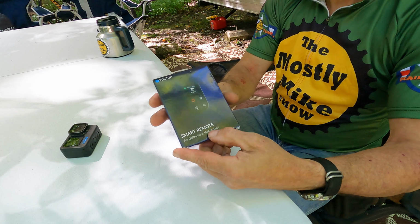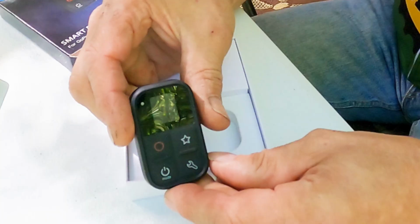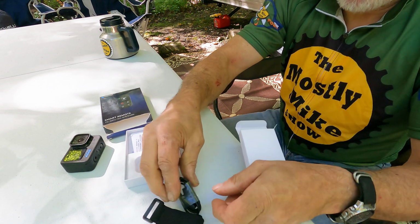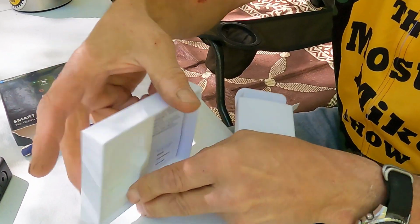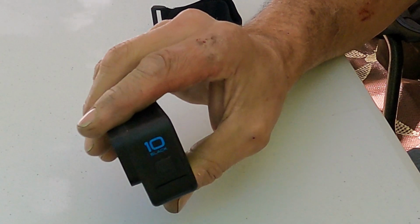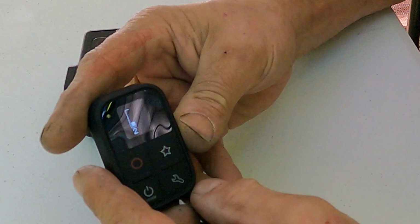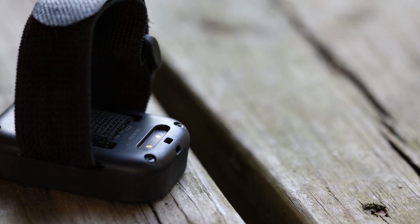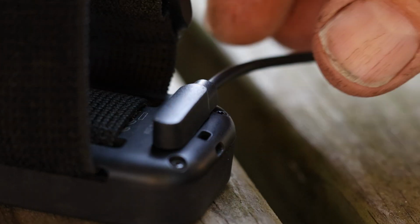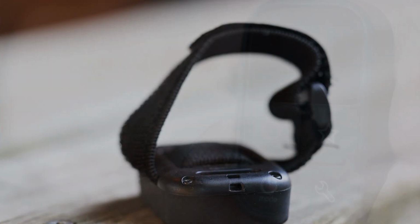I unboxed this unit while out camping. So what's in the box? We have a remote control, a Velcro wrist strap, a USB charging cable, and a bilingual user guide. We'll be connecting this to a GoPro Hero 10 Black, but connecting to other models should be about the same. The Yoctop arrived 27% charged. Charging port's on the base, you have this nifty magnetic charger. You just get it close by and it locks itself right in. Pretty cool. To pair this gem to your GoPro...